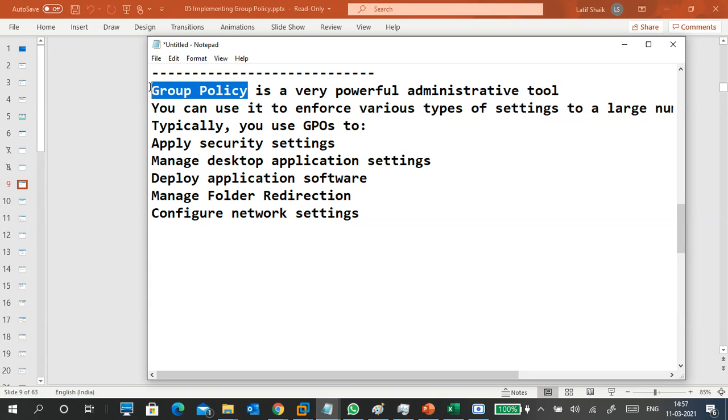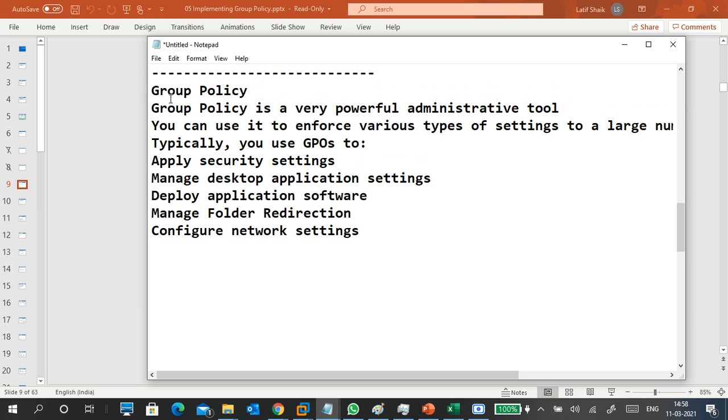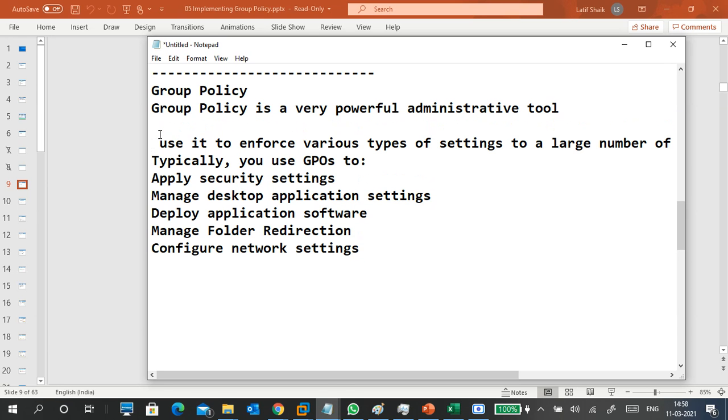Okay, so this is about group policy, right? It's a powerful administrative tool. That is the second thing. So group policy. Okay, so then I will go to the next line.